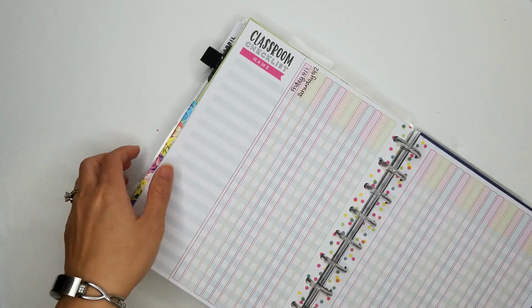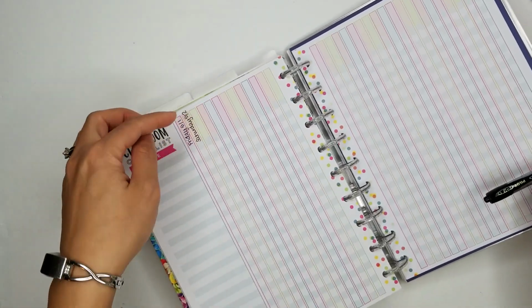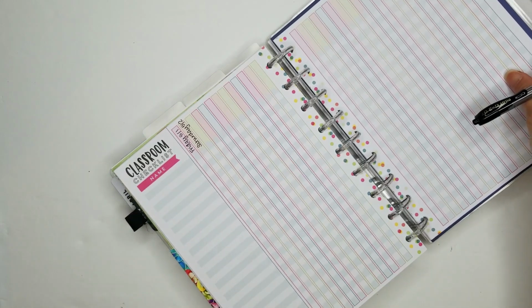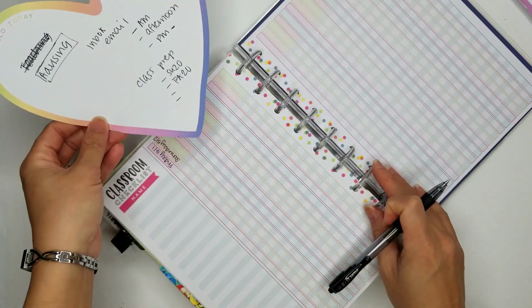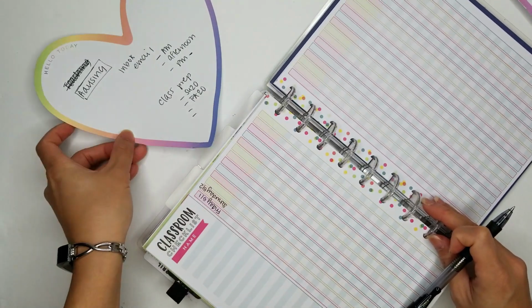Basically, I'll just date all the way down. I don't worry about it fitting into the box. Again, this is meant to be completely functional for me. And then I'm pulling my list here of the things that I said I would need to do for May,